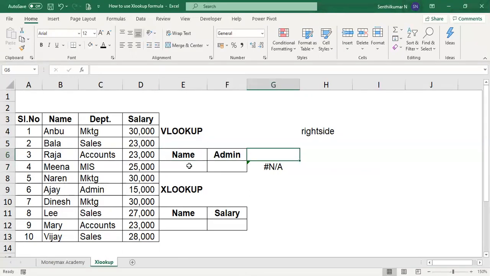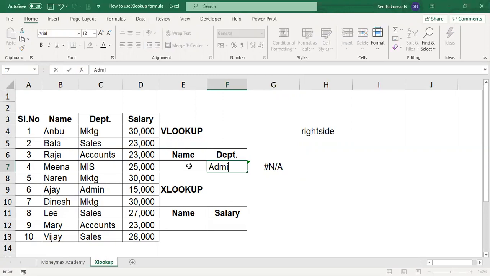Suddenly your boss is asking, who is working in the admin department? He doesn't know the name, so he wants to know. The department is admin. Now you want to know the name of the person. How to do that?